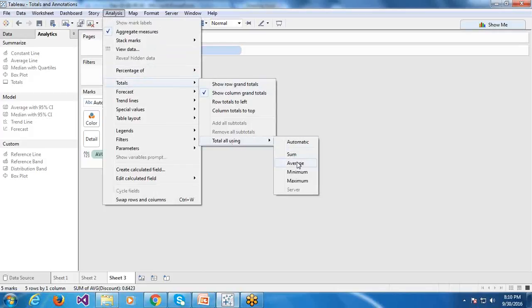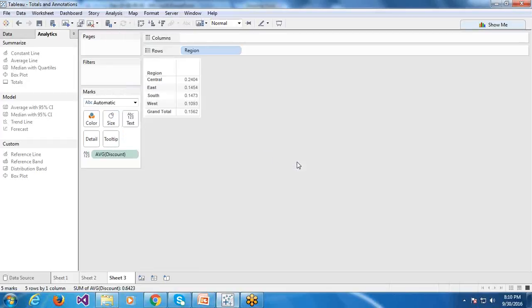This is called a two-pass total. What we are doing in this case is first aggregating the average for each region, and then on top of the result set, we are aggregating again.